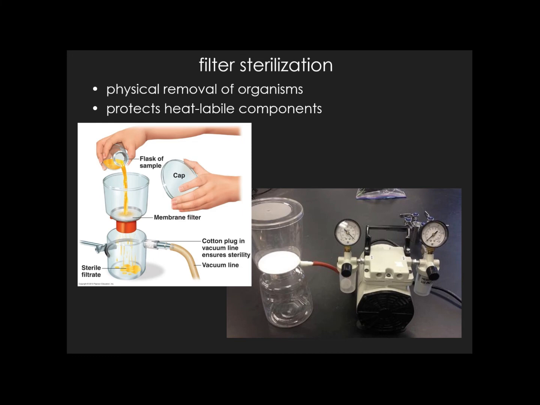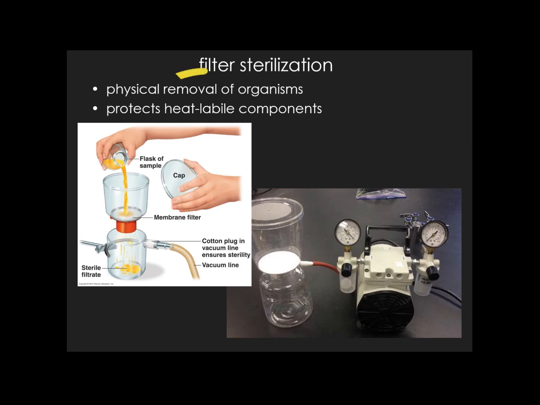So think of this kind of like if you're cooking pasta and then you run the pasta through a colander. When you're done cooking it, right, the water flows through and all the pasta gets trapped. So in this thought experiment, the pasta are the microorganisms, and then what goes through would be the sterile filtrate. So you pour in a sample that could be contaminated, you pass it through a membrane filter, and you collect a sterile filtrate at the bottom. And that can be done on a larger scale, like you see here, where you might be able to filter sterilize a liter of fluid at a time, which might be important to you for time consideration, but also is routinely